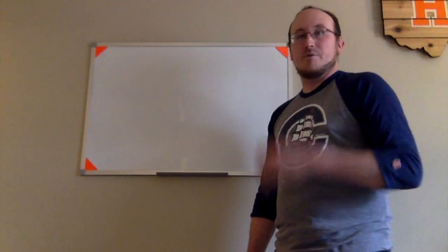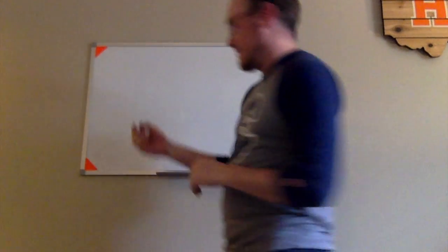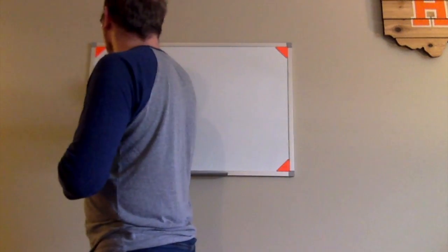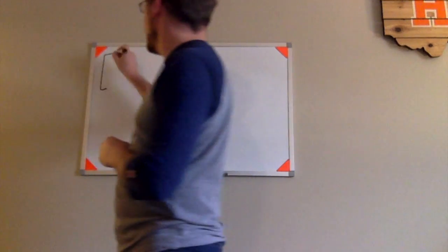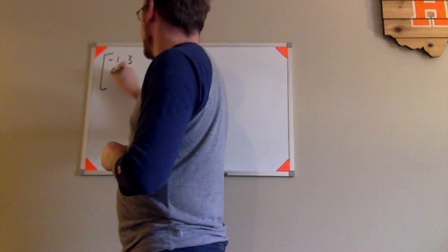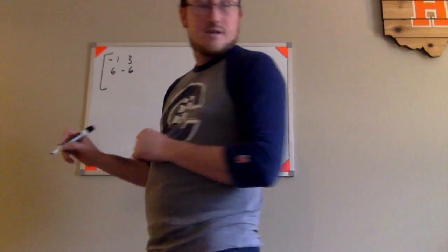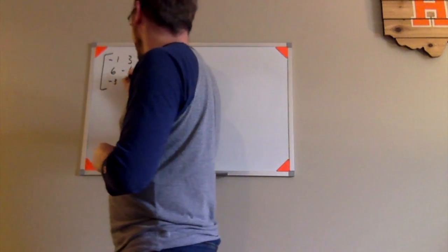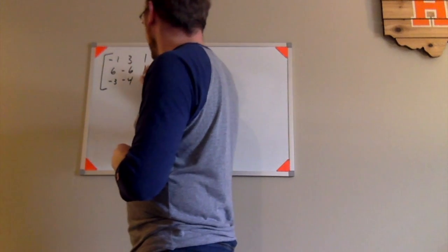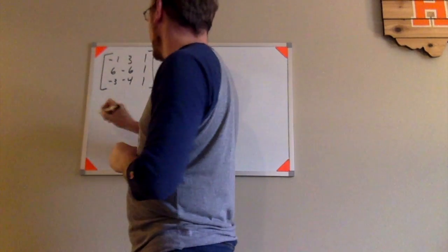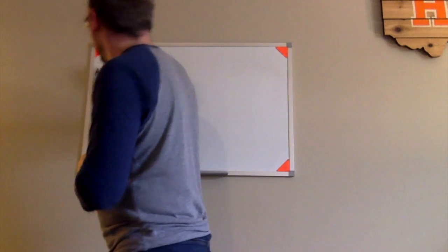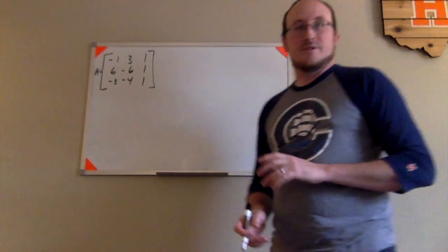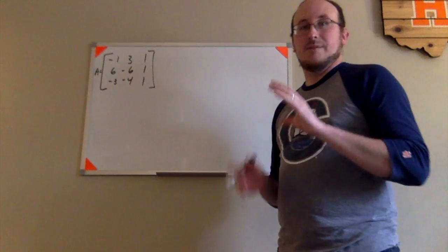Now let's use this same process to find the area of triangle number 2. Triangle number 2 had vertices (-1, 3), (6, -6), and (-3, -4). Throw in the column of 1s to make matrix A. Now we're ready to find the determinant of this matrix to find the